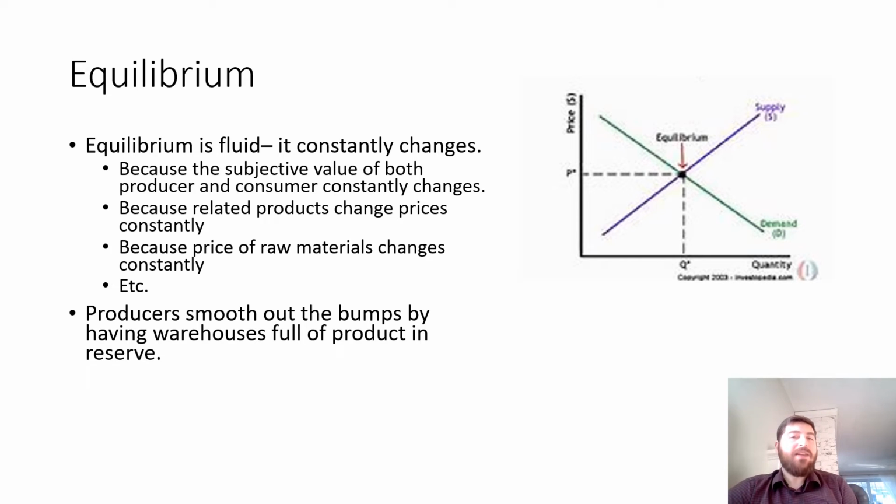Producers can smooth out the equilibrium point by making sure they have only the exact and right number of items on the shelf. Remember, supply is not necessarily the exact number of items that are produced, it's the exact number of items that is for sale right now. So if you have a giant warehouse filled to the brim with, let's say, new iPhones, those are not for sale right now. They're in storage. And because they're not for sale, they are not considered part of the supply.